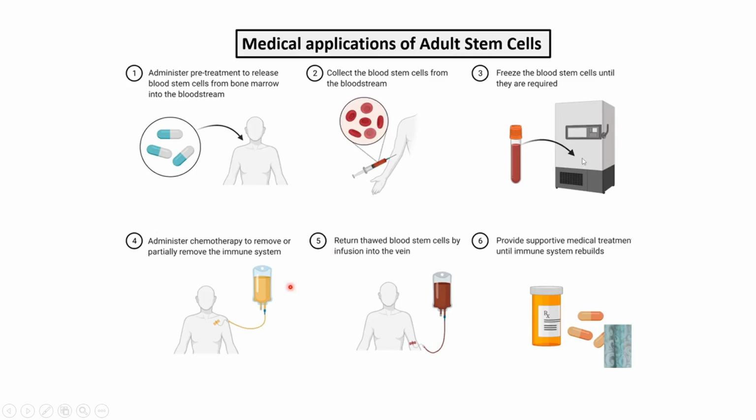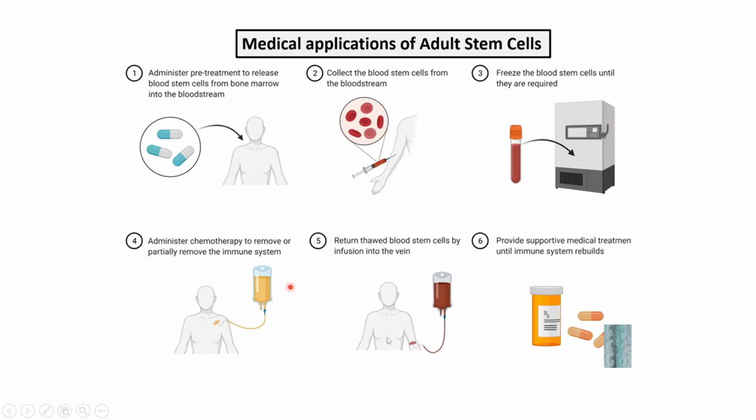Okay, for later use. So during the chemotherapy treatment, when the patient is undergoing chemotherapy, at that time all the cells in the body will be destroyed. The blood cells, the immune system is down regulated. All the immune cells will be killed by this chemotherapy mechanism. So at that time, to again replace the immune system, the stem cells which were collected previously from the bloodstream are replaced again after the chemotherapy. Those stem cells are replaced again.